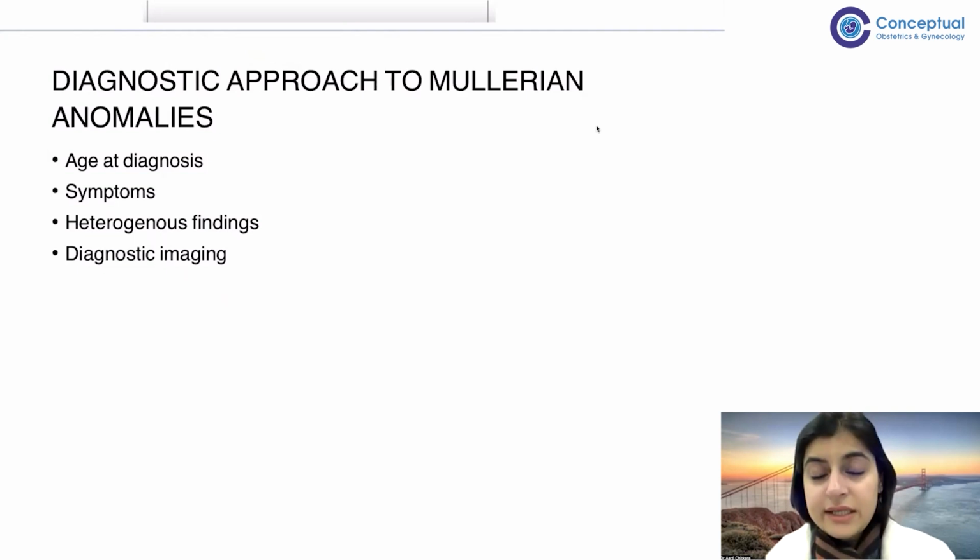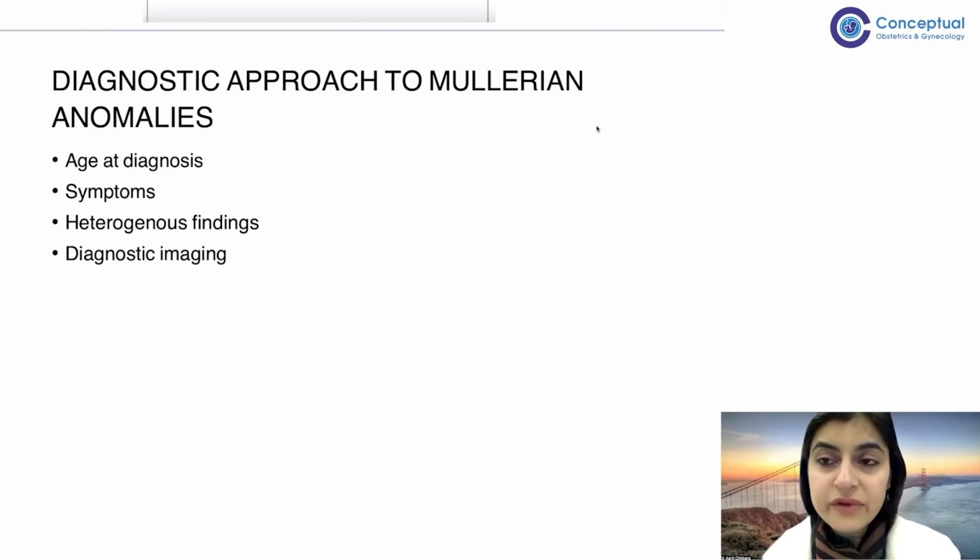First of all, I think age at diagnosis gives you a working diagnosis most of the times in any kind of Mullerian anomalies. What is the age of presentation of the patient? The symptoms that the patient is presenting, you have to pay heed to each and every symptom that the patient is talking about. Heterogeneous findings can be associated. You have to be very, very mindful about the Tanner staging of breast, axillary hair, pubic hair, external genitalia. I have not included images of Tanner staging because there was so much other things to include. We've tried to put that in the primary amenorrhea chapter.